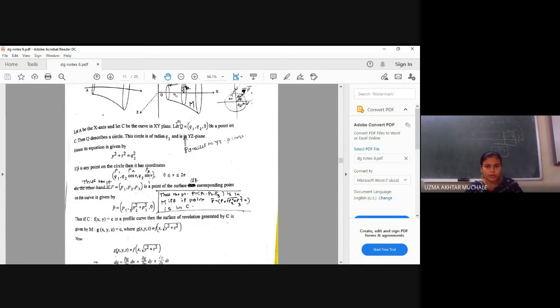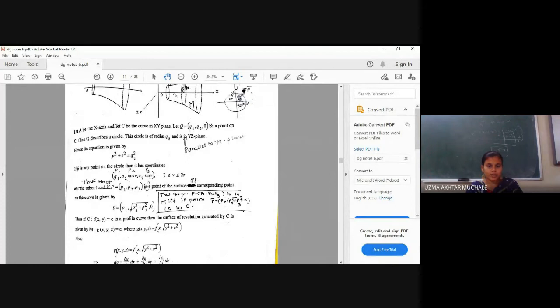So we have found the point Q with coordinates Q1, Q2, but it is on the curve, and we have to find a point on the surface. For that, we have generalized this with the help of y square plus z square. The first coordinate will be as it is, because the distance of this point from the origin in the direction of the x-axis is fixed, that is p1 is nothing but q1. For the second and third, we will go with r and theta, that is polar coordinates.